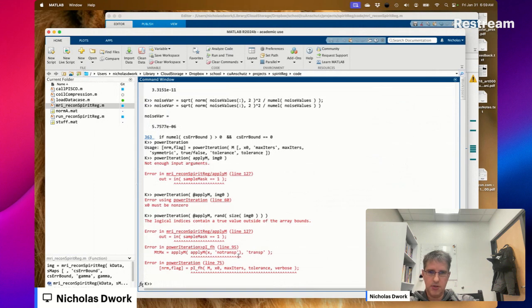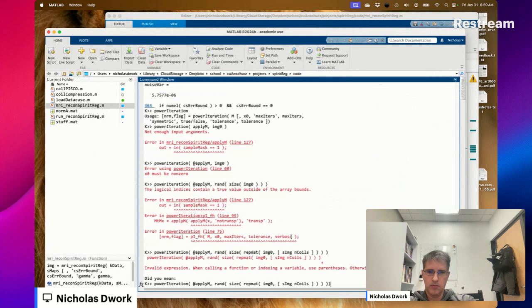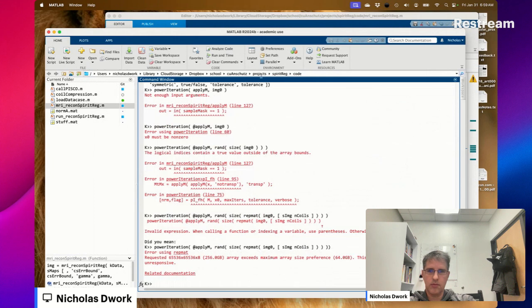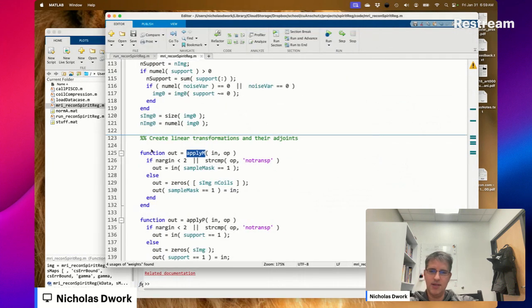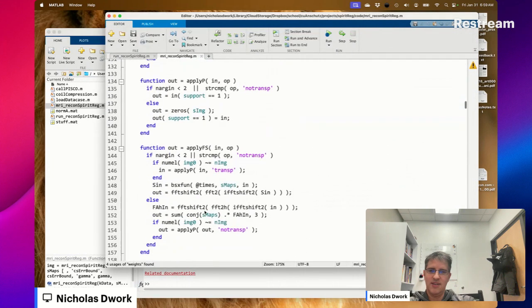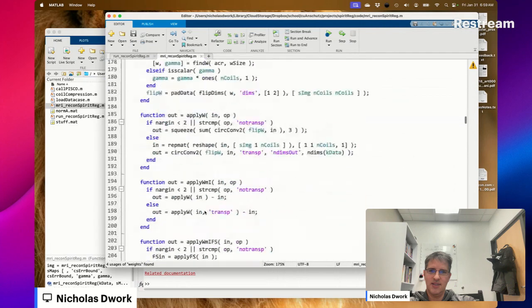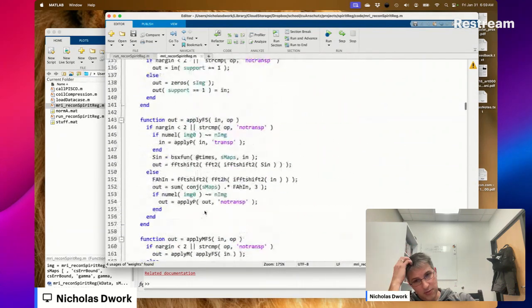Logical indices contain a true value outside the array bounds. Oh, right. And that's enough. Just wanted the norm of M.